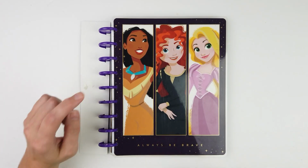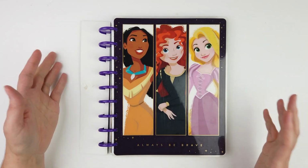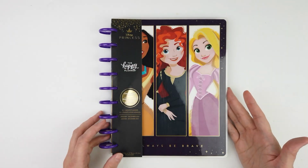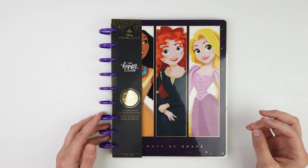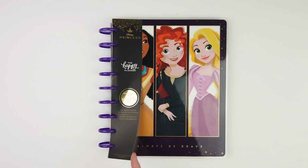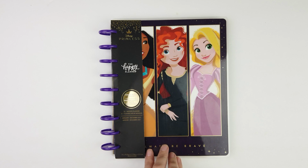I mainly bought this for the covers. I don't know if I'll keep the insides or not. I haven't decided yet, but it's a beautiful planner and I am loving, loving, loving everything I'm seeing coming out of this. So that is the Always Be Brave color block layout flip through,